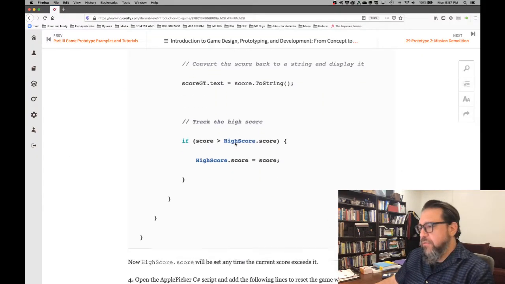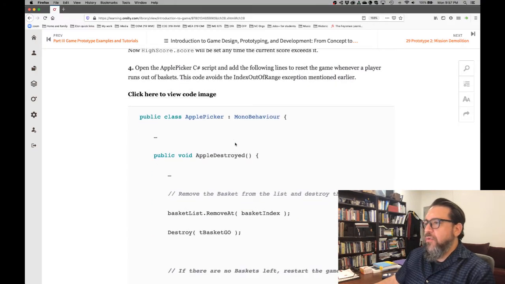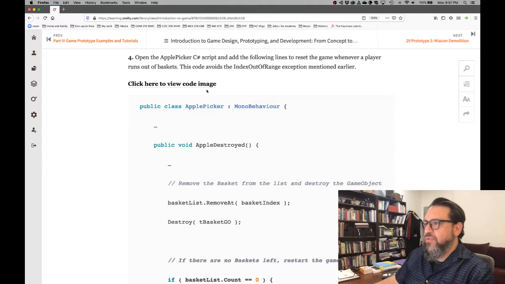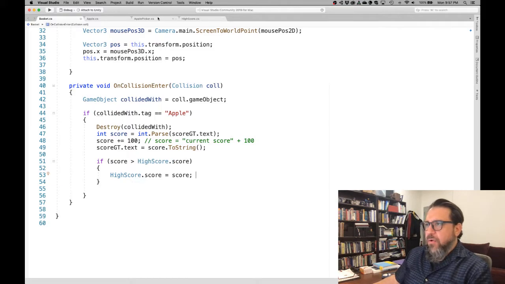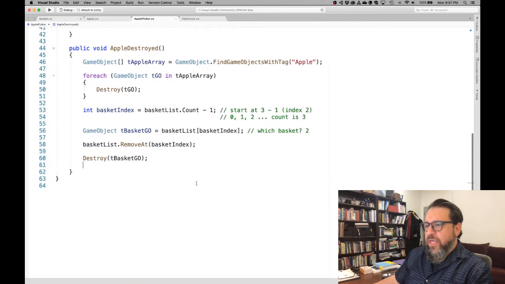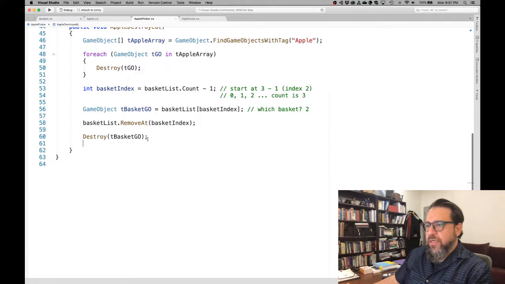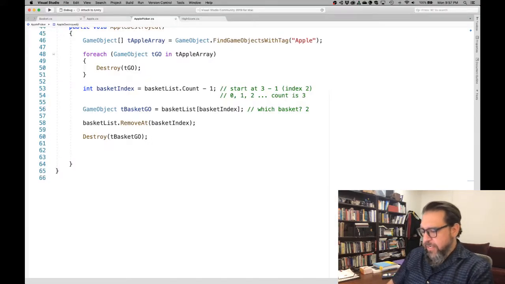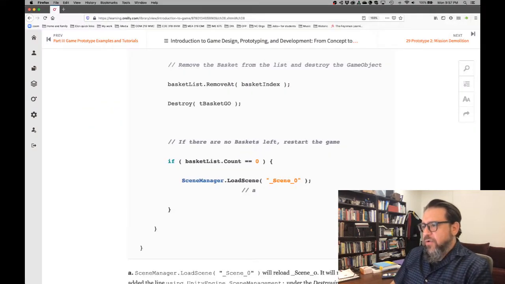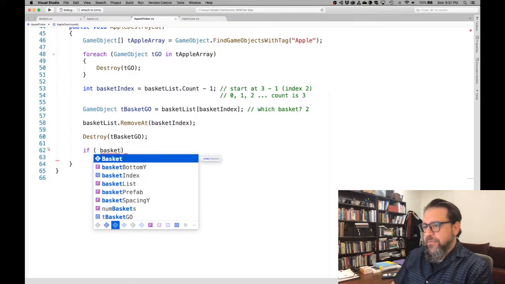Okay, so now we're going to fix that out of range error because we're going to be in the Apple Picker script to finish this out. What happens is, if basketList.Count hits 0, then we're going to load scene 0. Here we go. We're going to go over to Apple Picker, and after we have destroyed all the apples and removed all of those, we're going to put in a little if statement, and if evaluates true or false. So if basketList